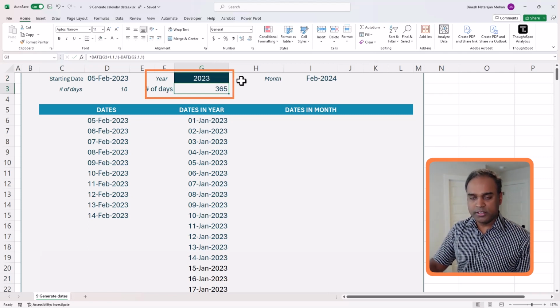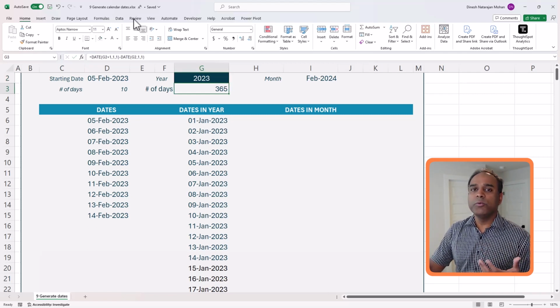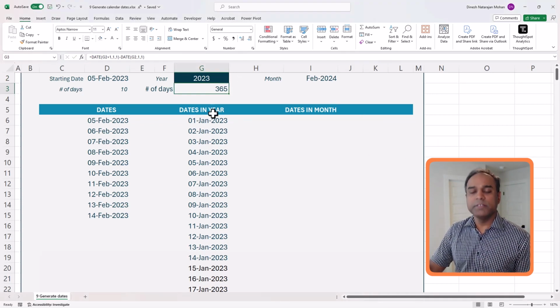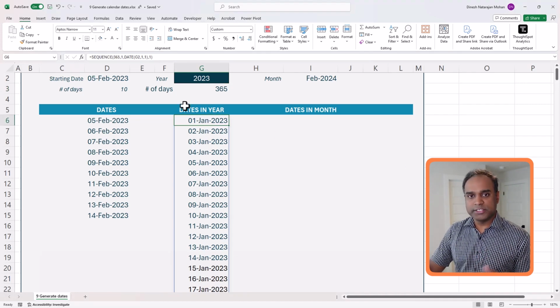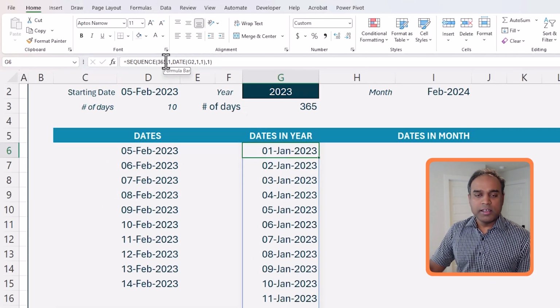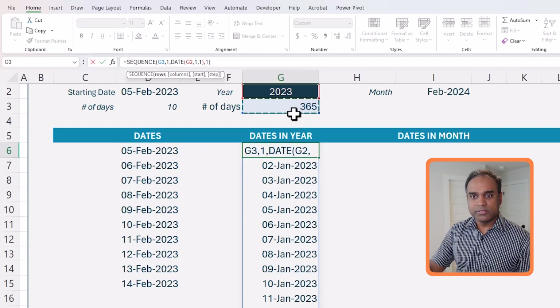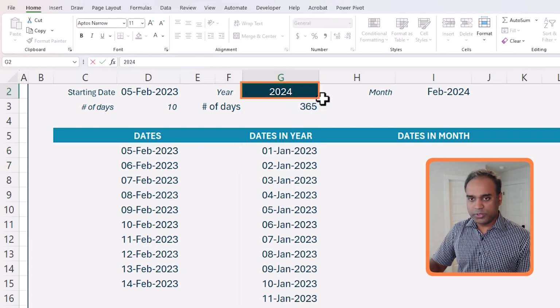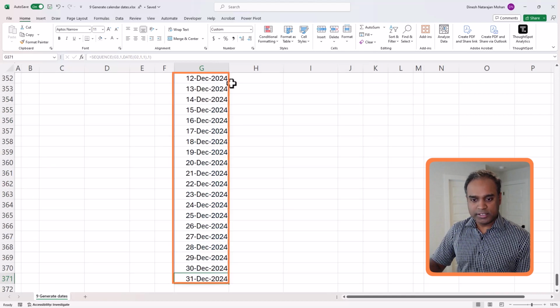So it says 366 and let's test it by changing 2023. It will say 365. So now we can dynamically get the number of days in each year that the user has chosen. Now it's very easy to go back to our sequence function formula and say instead of 365, use this, which is dynamic. So now if I change it to 2024, and I go to the end, I'll see